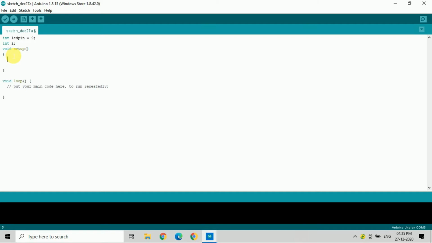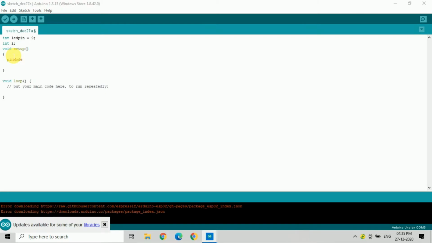In void setup, we will initialize the pin as input or output. pinMode LED pin is our output.